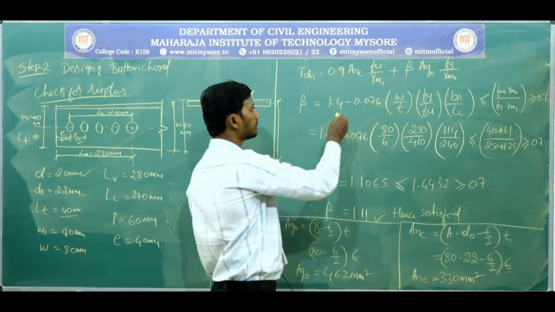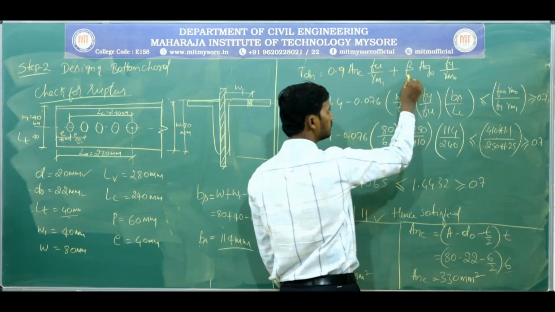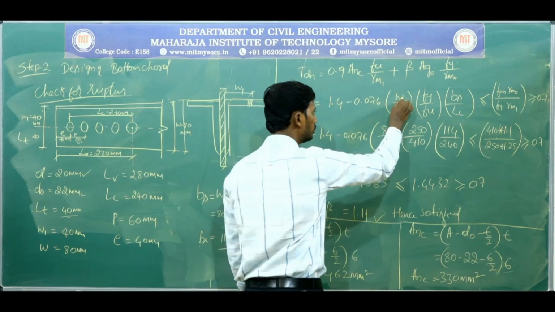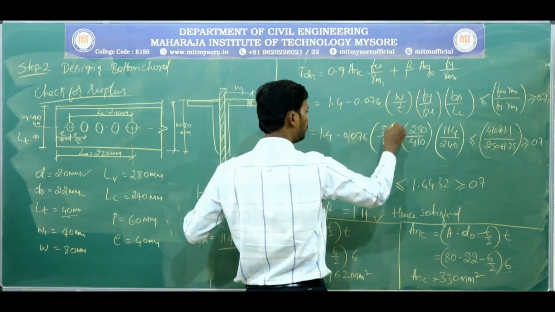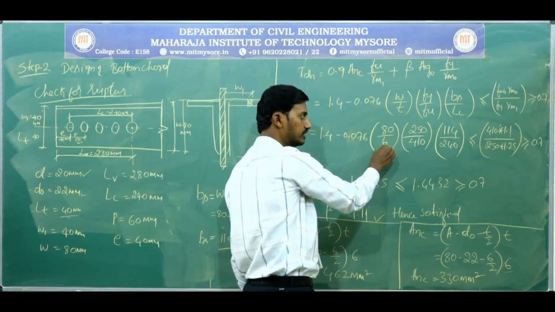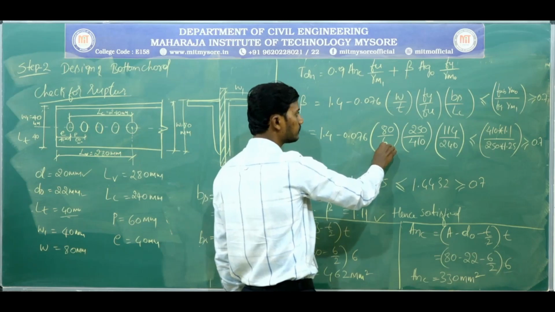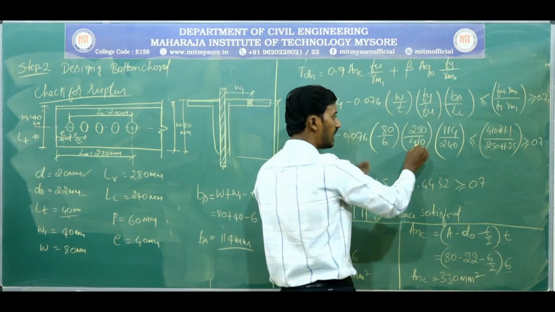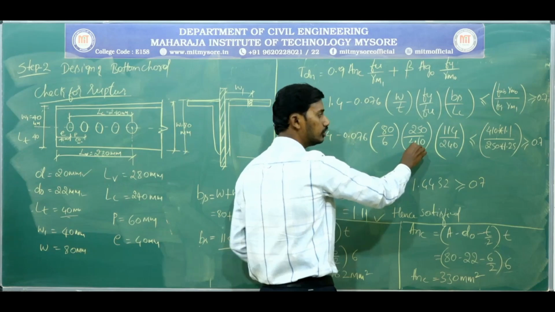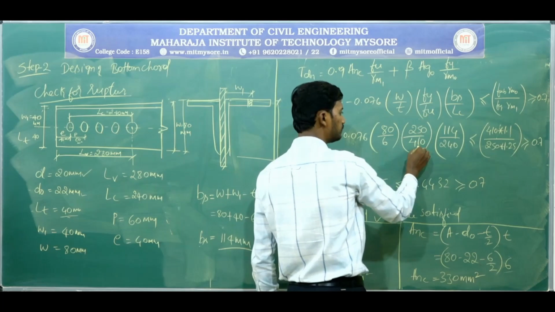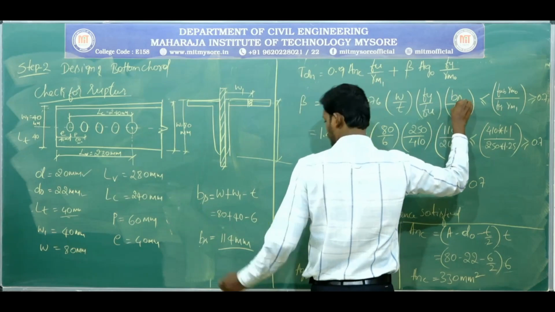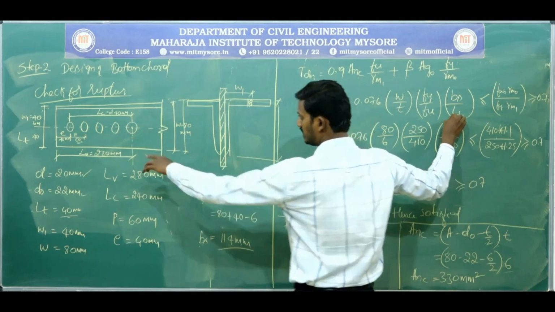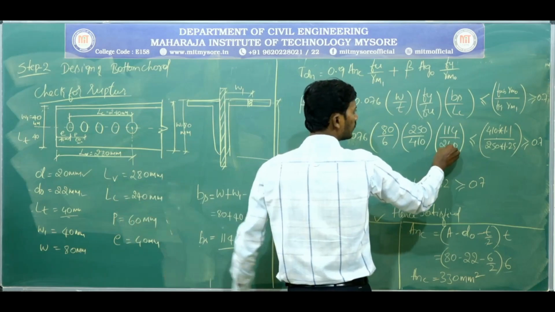So move on to the formula. In this formula, beta is the unknown thing. To calculate beta, this is the formula. Here W we just calculated, that is 80 millimeter. T is thickness of the plate, 6 millimeter. Fy is yield strength, that is 250. Fu is the angle's ultimate strength, not bolts. So Fu is 410, and Bs we just calculated 114, and LC is the length of the connection, 240, which